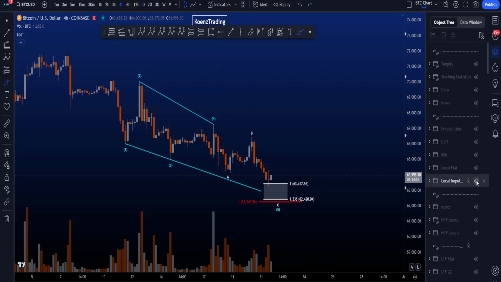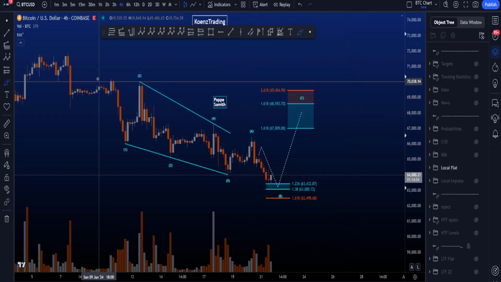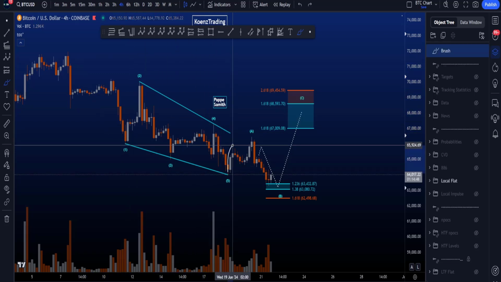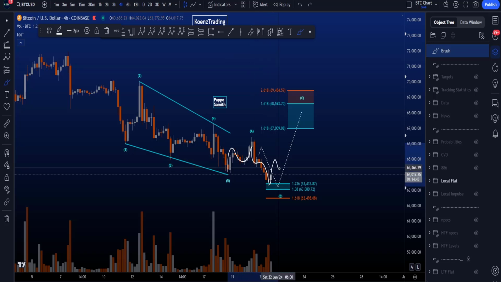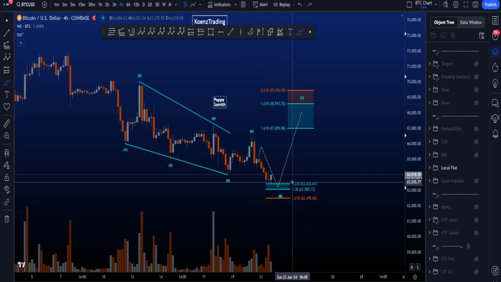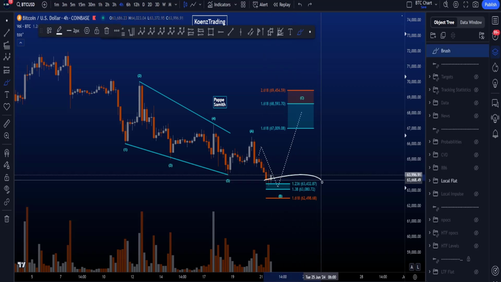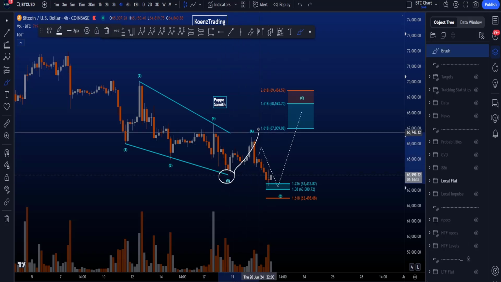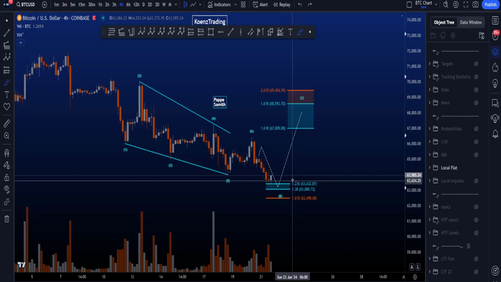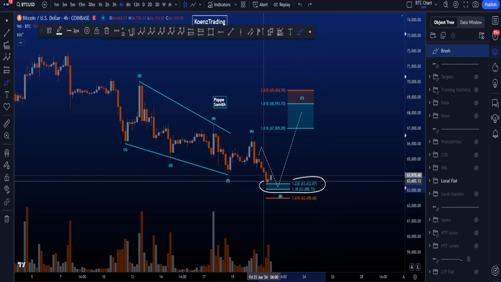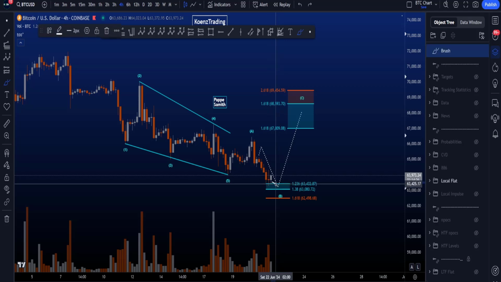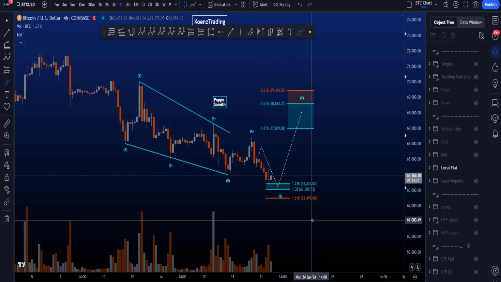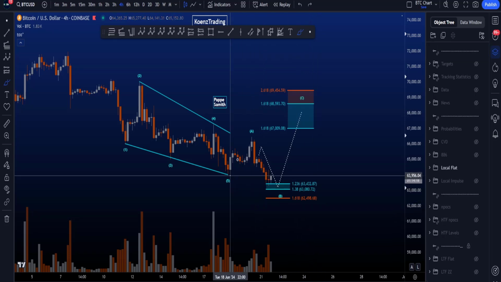of wave 4. The second scenario is a finished diagonal where we have a wave 1, 2, 3, 4, 5 and now look for a flat structure, a 3-wave A, 3-wave B and then a 5-wave impulsive C towards the upside. The common target for your wave B is between the 1.236 and the 1.38 Fibonacci, taken from the low to the high of wave A, giving you a target between 63.4k and 63k. If price would move towards the downside and touch the 1.618 at 62.5k, it significantly reduces the probabilities for this